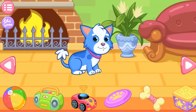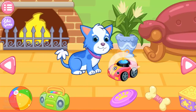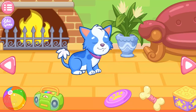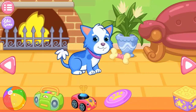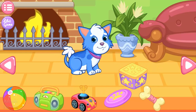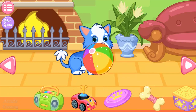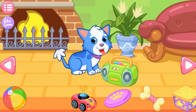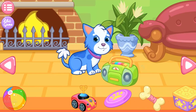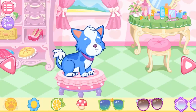You can play with the puppy here. The puppy really likes you. You can drag the decorations onto the puppy. The puppy seems satisfied with